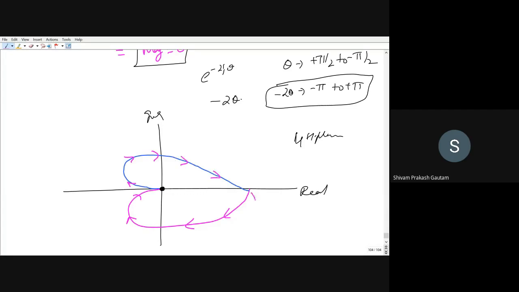This point is omega equal to 0 plus. This point is omega equal to plus infinity. This point is omega equal to minus infinity. This point is omega equal to 0 minus. So this is how your complete Nyquist plot will look. The distance from this to this is k by 2. You can also show 0 degree, minus 90 degree, minus 180, minus 270. Is it okay? Yes, sir. Okay.